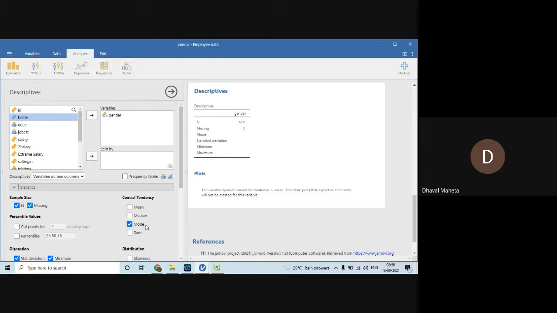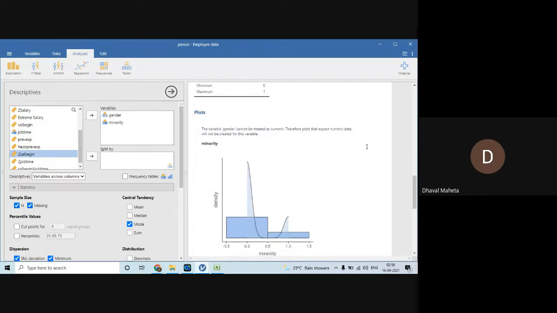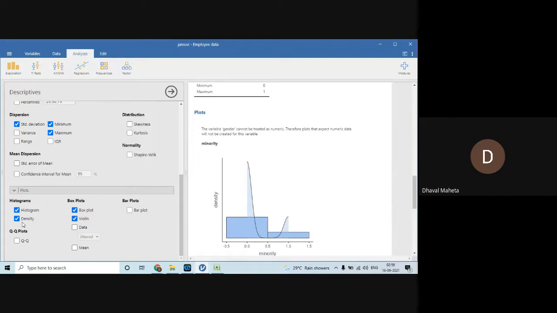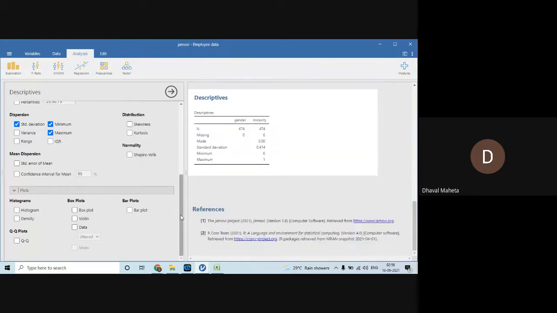Because you have coded M as male and F as female, so there is no 1 and 0 in this case. So let us pick up minority, which is coded as 1 and 0, and definitely it will give the answer. Can you see? For minority, it has given the answer that this is the mode. Please switch off the density function and histogram here, because you cannot have scale plots for categorical data. Right?